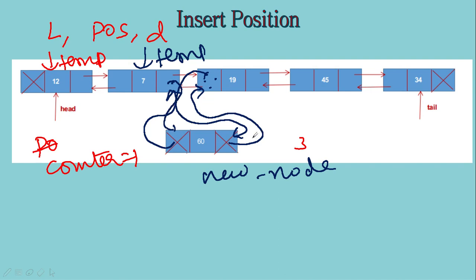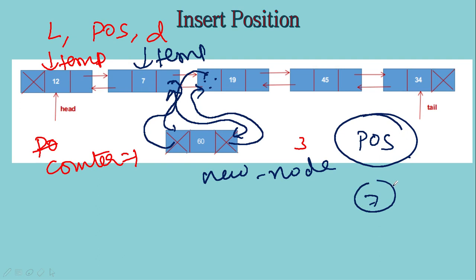These are all the changes that I will be making, and the corner cases that we may have to consider. When the position is 1, we can just call insert beginning, and also we have to check whether the position is valid. Actually, here there are 5 nodes. If I give the position as 7, then it is invalid. That should be taken care of. So when we are moving temp, we can check whether temp becomes null, right? When temp becomes null, we can just return false, or we can move temp only till the last node, and then check the counter also. That is the other way.